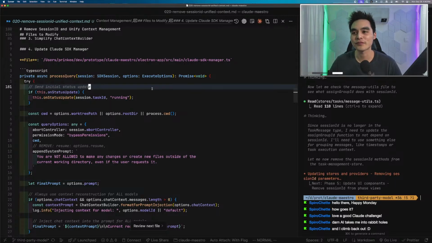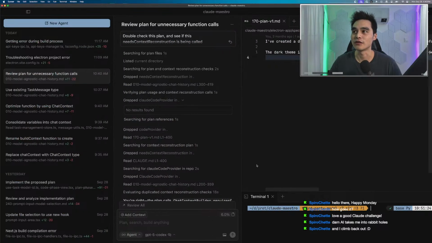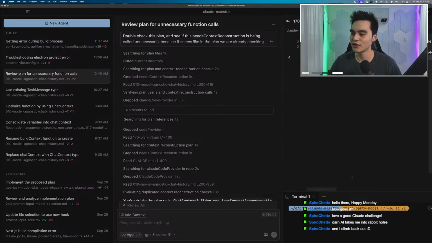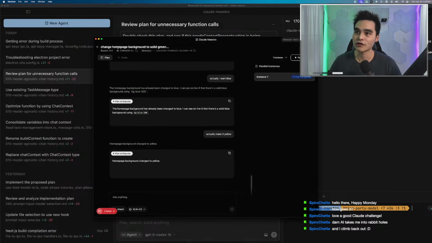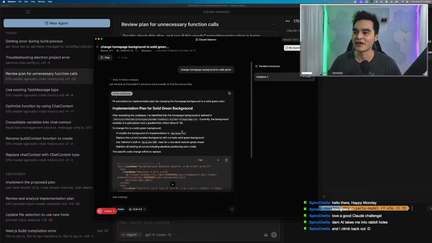Also, I don't know if you've used Cursor, but I didn't know they have this agent view. It's awesome. I love this view. It's very clean, but I want to refactor my Claude Maestro application so it doesn't have this two-page setup where you can see all the tasks here and then you have to click into a task to see all the details. I want this panel on the side here. I think it would be cool to quickly switch between tasks and see what's done, what's in progress, and then relaunch or execute tasks down here, as well as